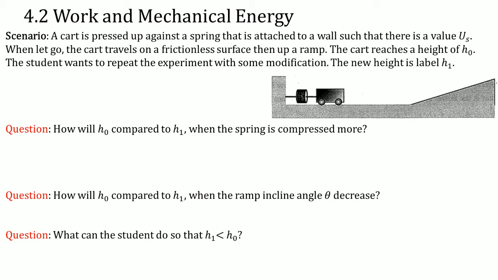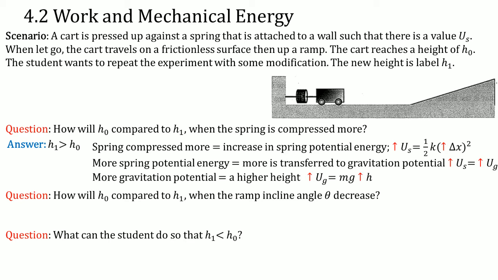The new height is labeled h1. Question: how will h0 compare to h1 when the spring is compressed more? Answer: h1 is going to be greater than h0, so the new height with this modification is higher than before. Why? Well, the spring compressing more will mean that there is going to be an increase in the spring's